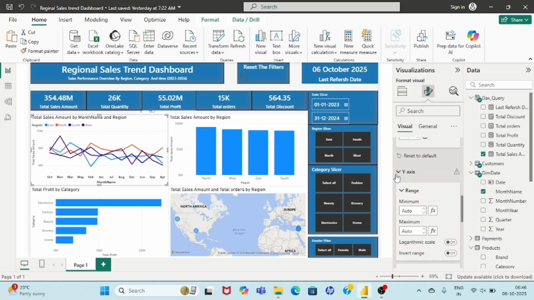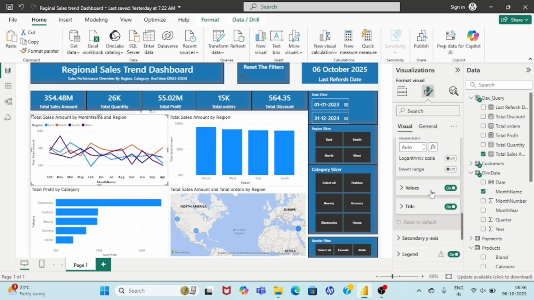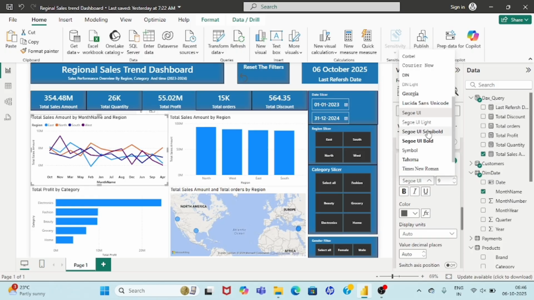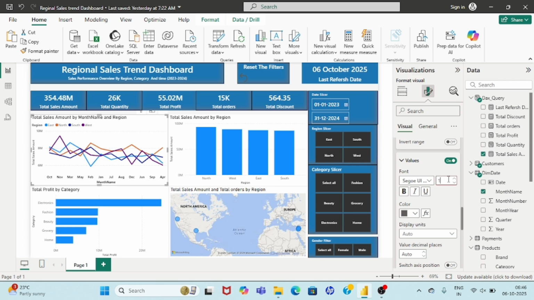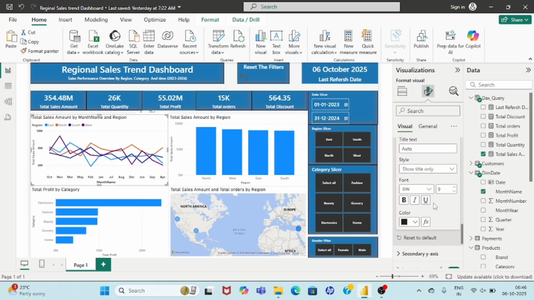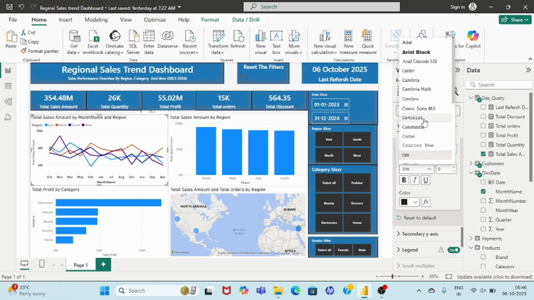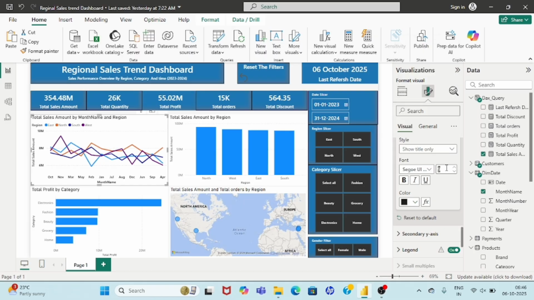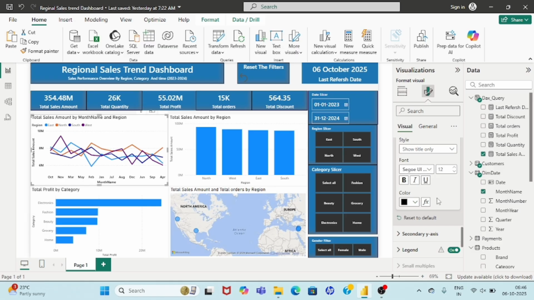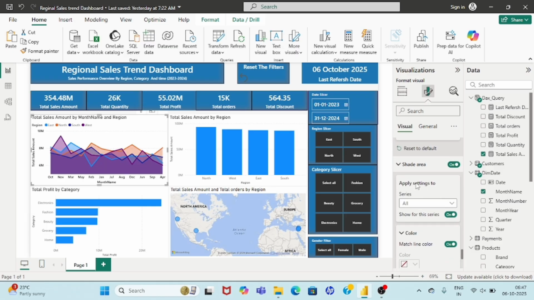Now let's go for y-axis. So this is okay. Values, first we have to change this to 12. Okay, now go for this one. Okay, data is being displayed. Now go for title and font 12, black. It's off now. The shade is also showing, so it looks good. Okay,